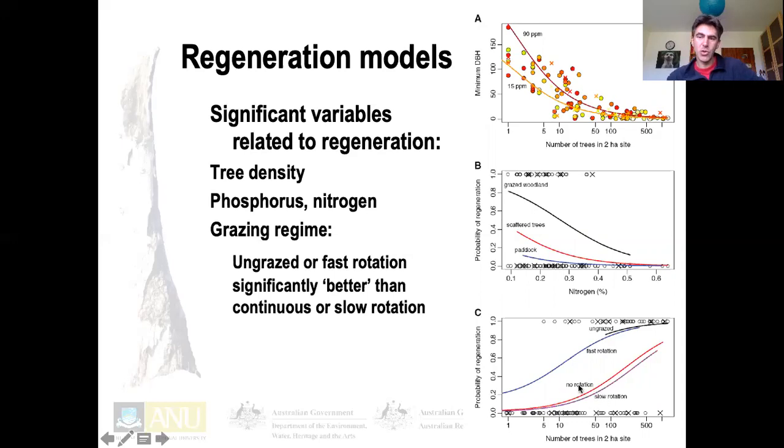So if you have no stock rotation or only very slow stock rotation, that's the conventional grazing regime, then what you're finding is low regeneration probabilities. If at the same density of parent trees, you have this rotational grazing with high intensity, short duration grazing, you have a much, much higher probability of getting some regeneration in the site, suggesting that regeneration is significantly and positively related to this either ungrazed conditions or rapid livestock rotation, meaning high intensity, short duration grazing seems to work better